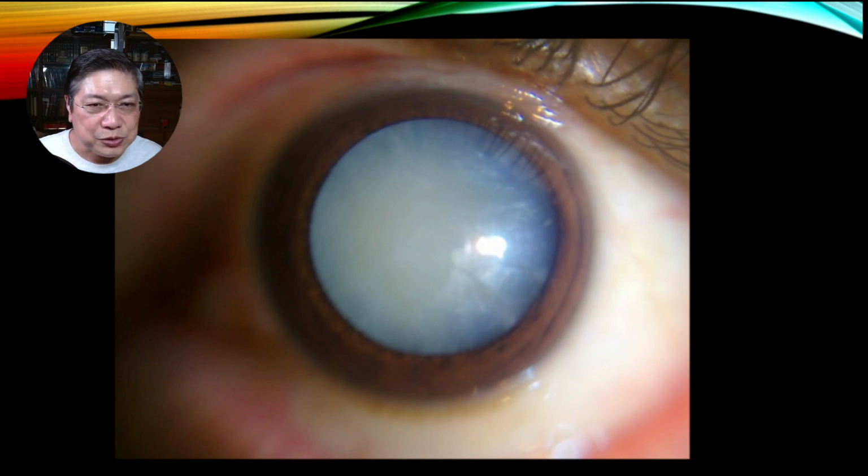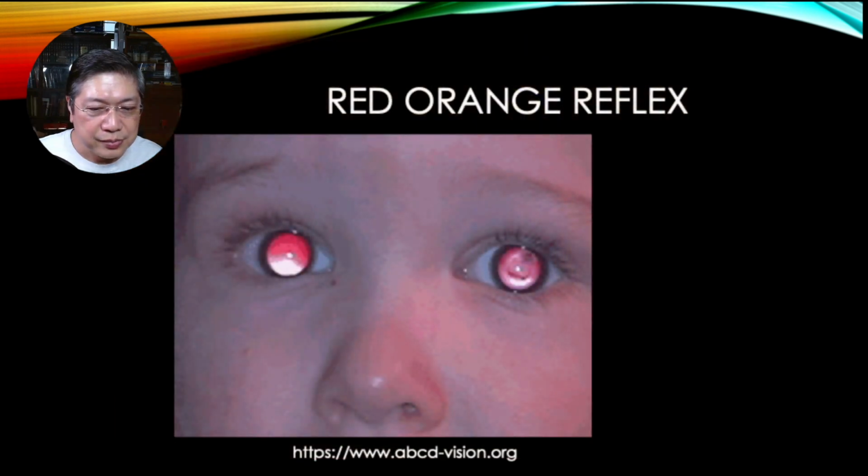If you have an ophthalmoscope, just switch it to the green 20. You can use it as an illuminated magnifying glass. Or if you have access to more advanced equipment, then it would be better and easier for you. What you're looking for when you're using an ophthalmoscope or any flashlight is the red orange reflex. When you shine the light in front of your patient's eye, they should look like this: bright orange, round orange